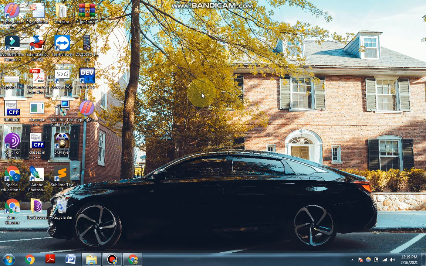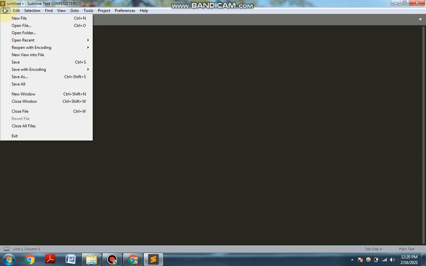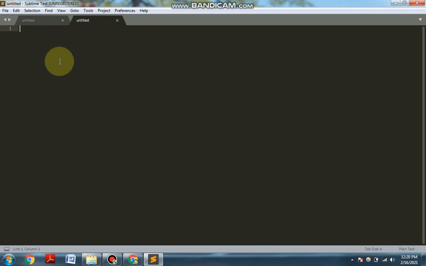So now you can see this, it has been installed on our PC. I will just open it. Now you can see our Sublime Text Editor is ready, and you can use this. You can start your new project by just clicking on the new file, and your project will start. You can code on it, you can make a